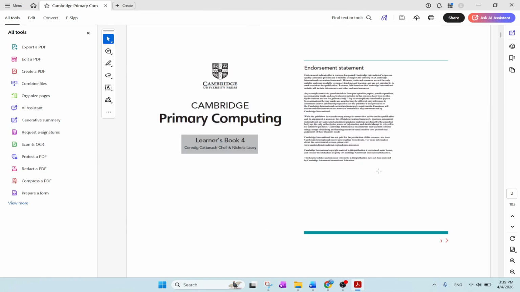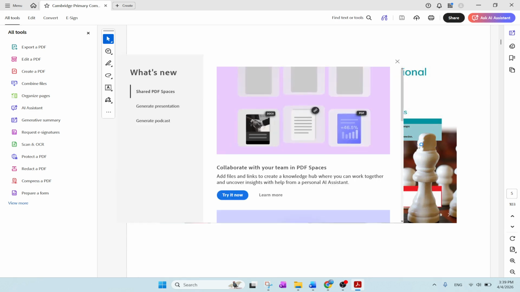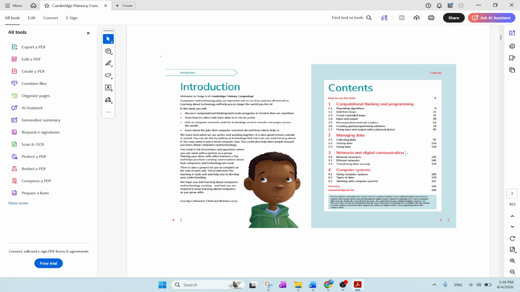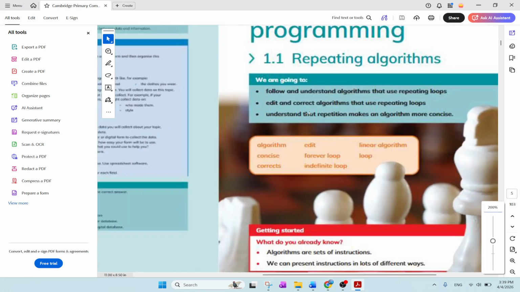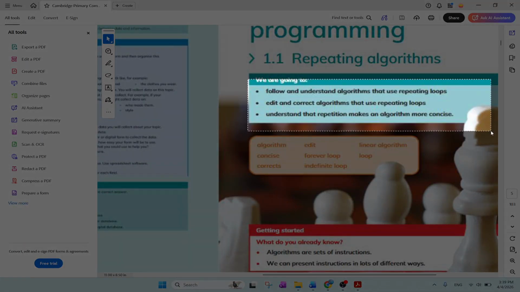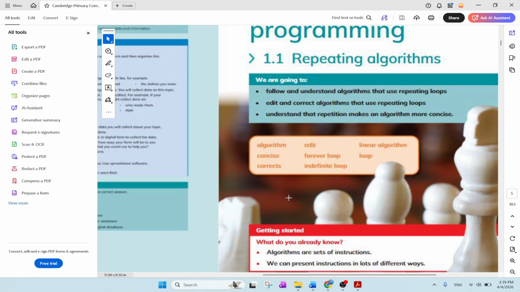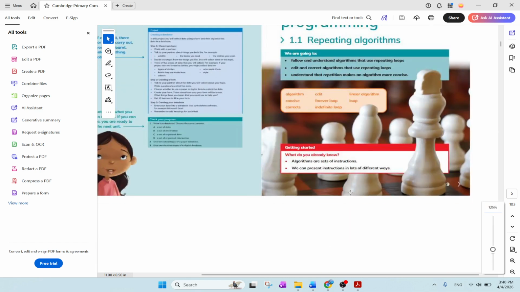Right. So if you can see, whenever a unit begins, we basically have, let me just show you here. These are our learning objectives, which are written in a way in which the students can understand that we are going to follow and understand algorithms that use repeating loops, and we're going to edit and correct algorithms that use repeating loops. Understand that repetition makes an algorithm more concise. If you go back to your progression grid, you will see that this is exactly how the progression grid is